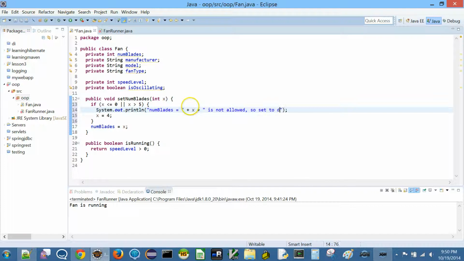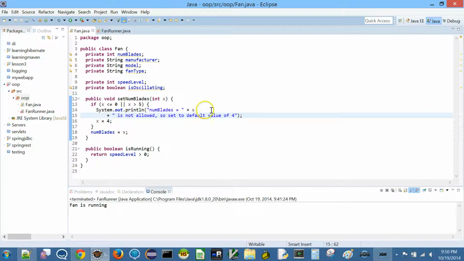Set to default value of 4." So what we are doing here is, if this is an invalid value, I'm going to make x equal to 4 and then set numBlades equal to x.